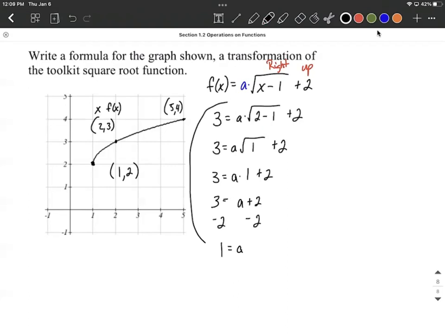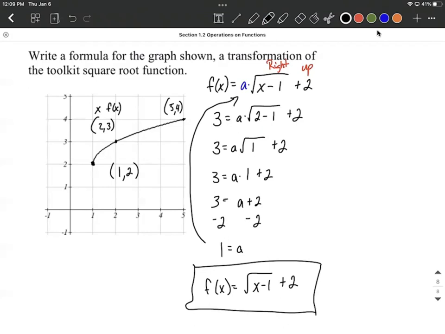and get a is supposed to be 1. Well, if we go back up to our original, replace that a back in with 1, it turns out being the same as the original on this one. Whether you put a 1 out in front or you don't, it really means the same thing. So that's going to be our final answer on this one, that function, when we graph it, would give us the graph that was initially given to us.